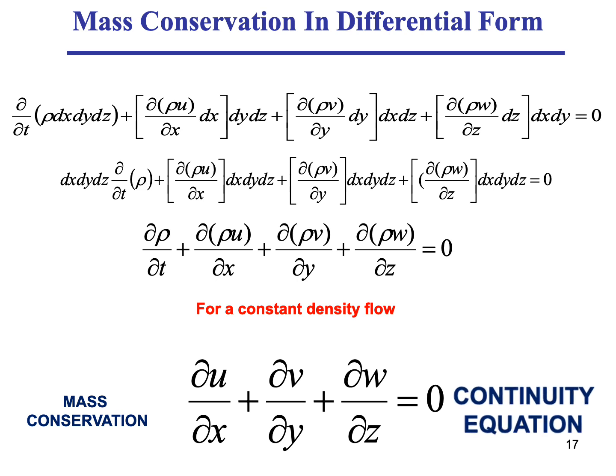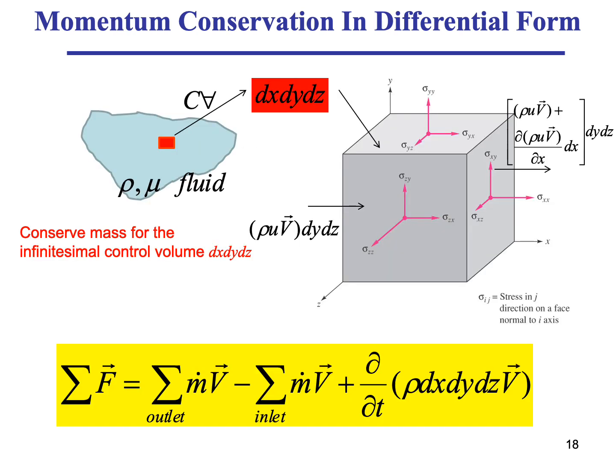So we will come to this and we will talk about its properties a little bit later on and why it looks like this. Great. So now that we're done with the mass conservation, we derived it. We showed that if we start with a small control volume, we can actually get the continuity equation from basic principles. So we are going to do the same thing, but now let's do